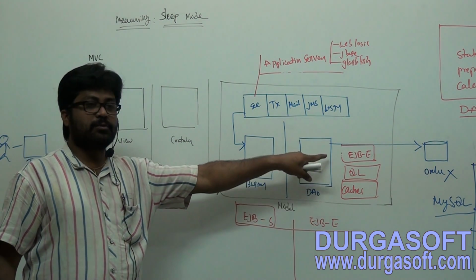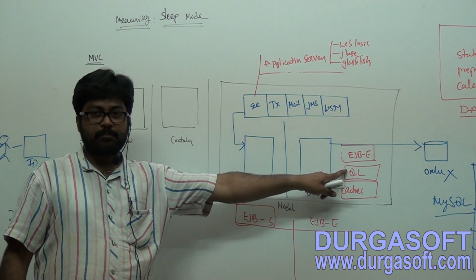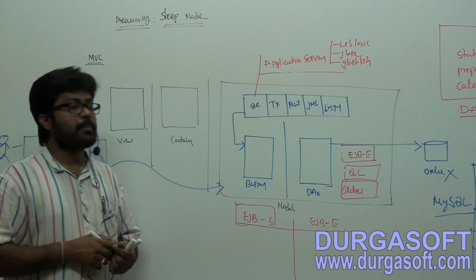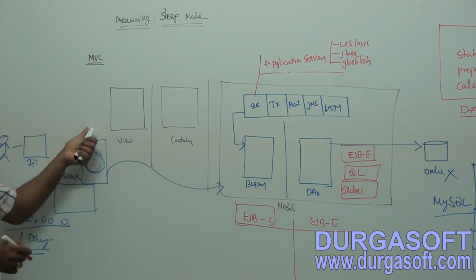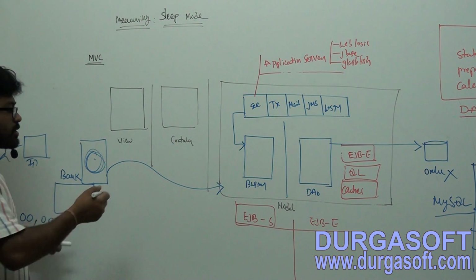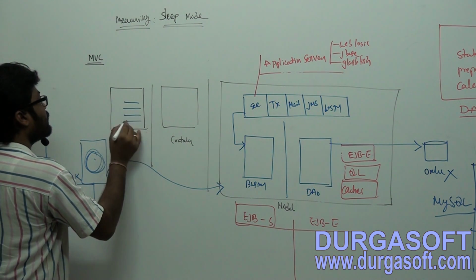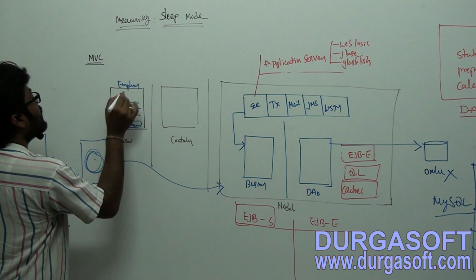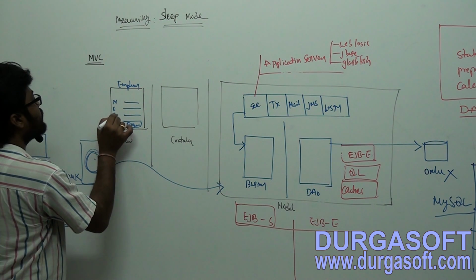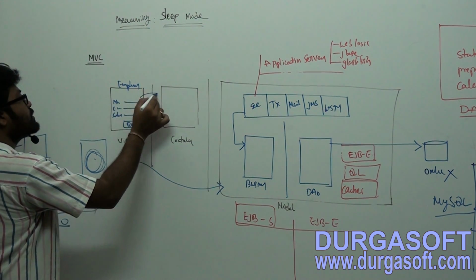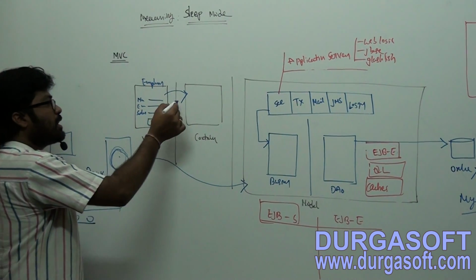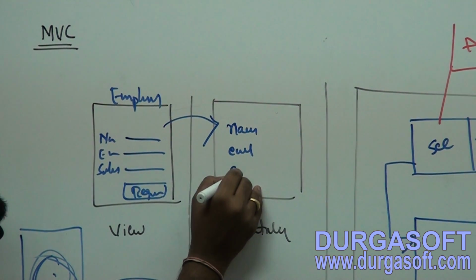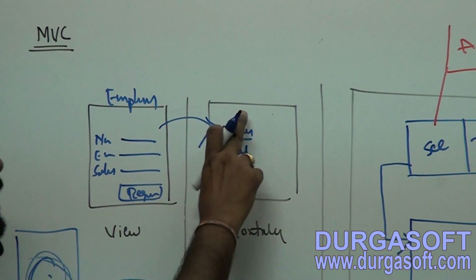But he found many problems. Who found them? The EJB team developer Gavin King found many problems in EJB. What are those? Say you want to do a simple CRUD operation, a simple employee registration. If you have an employee table with employee name, email and salary, to do the registration you need to write one servlet. The servlet needs to read the name, email and salary. After that, this data it needs to store into